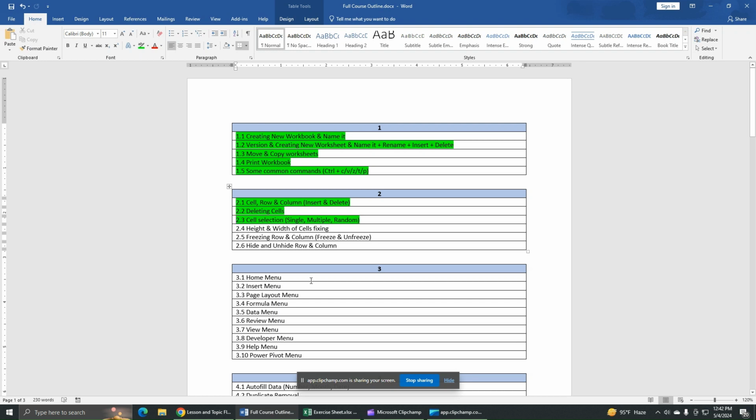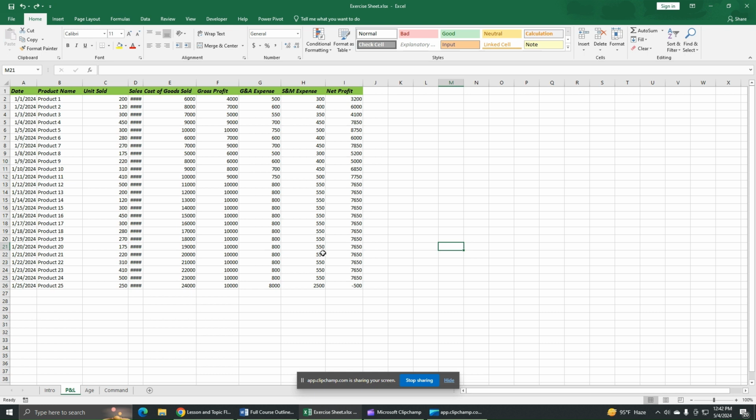Hello everyone. Today we will see how to set the height and width of a row or column. So let's start. In this page,